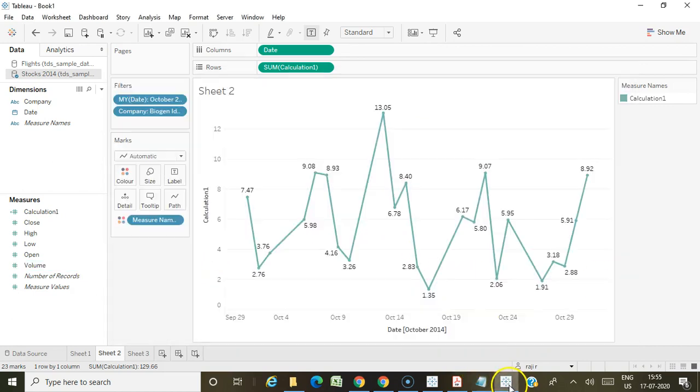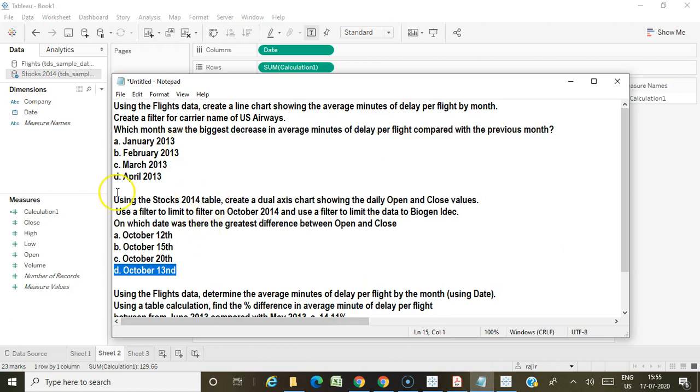Okay. So let me go through this question again. They asked us to use the stock 2014 table and create a dual axis chart between daily open and close values. And also they have given the filters, that is you have to filter October 2014 and for the company Boygan Adak.